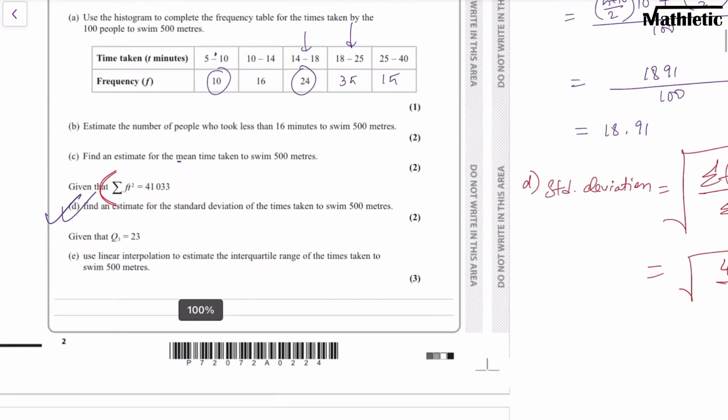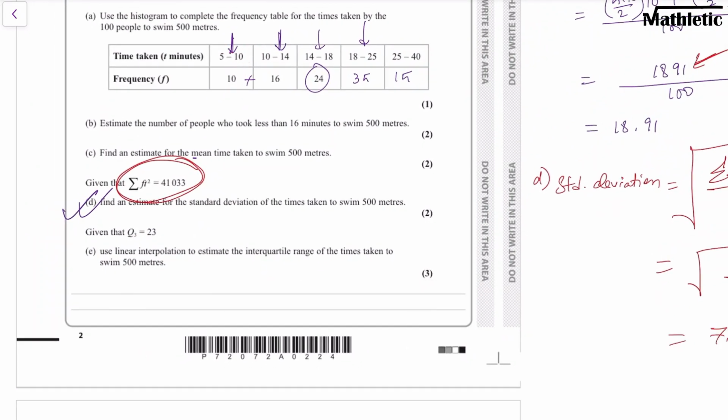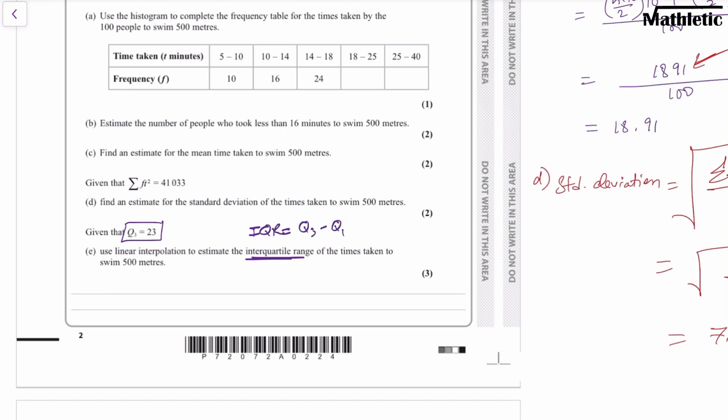The last one, you need to calculate. Q3 is given. You need the interquartile range. Interquartile range is basically Q3 minus Q1. Q3 is already given, so it means we need to calculate Q1 first. Q1 is the lower quartile. For Q1, you need n by 4. That's the position of Q1. So n by 4, n is 100, as in the total frequency, sum of all the frequencies, divided by 4,